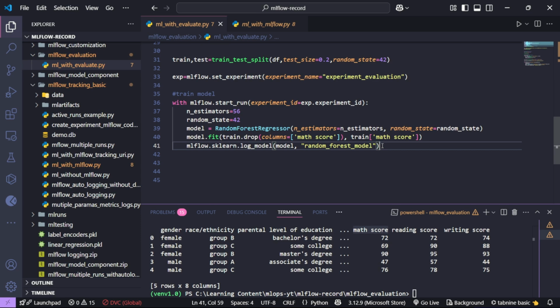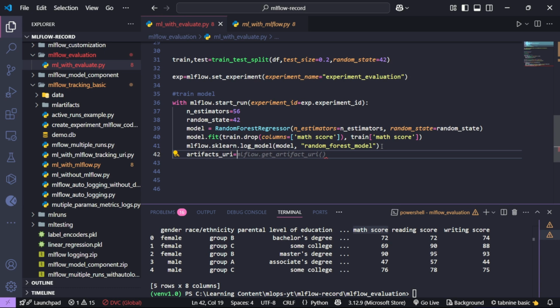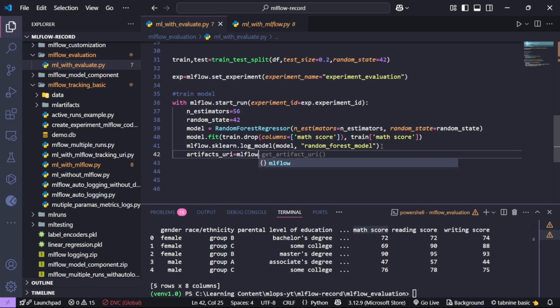Now I am going to find the artifacts URI. Why I am going to find it, I will explain later, but let me first get the artifacts URI. Artifacts URI in the sense of path. This is the path of the artifact. So how can we get that one? For that I need to run the command MLflow dot get artifact URI, and I need to pass the same log model name so that it can find it out from